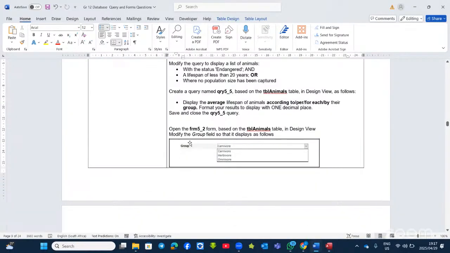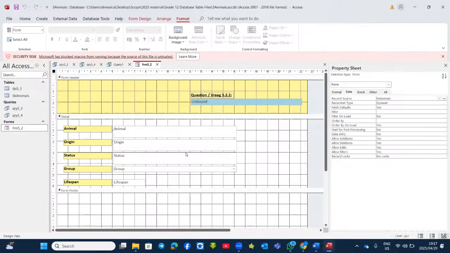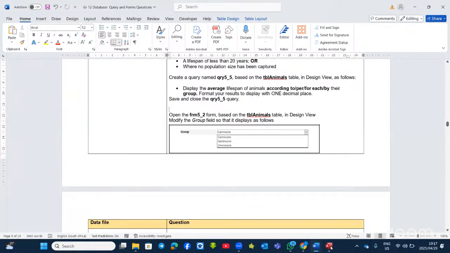Now, open this form. Here we are going to the form 5_2. You right-click, design view. Now the question says, modify the group field so that it shows a display as follows. Now you can see the group field has options or choices. That means they use what we call the lookup wizard or the combo box. Now, how do we do that in forms? The group,